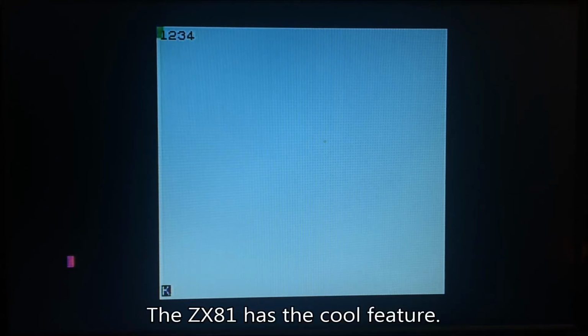I can do 6. Print A$(2). So that's been implemented. It also has this cool feature where you can say LET A$(1)